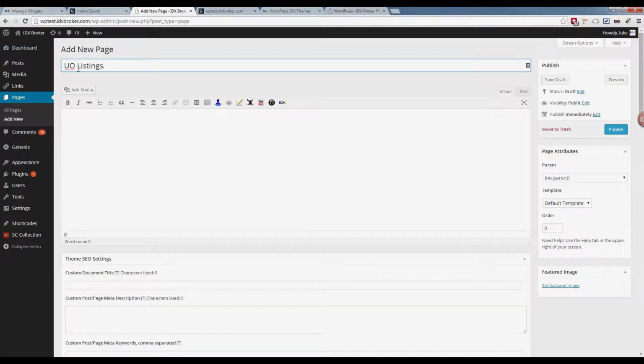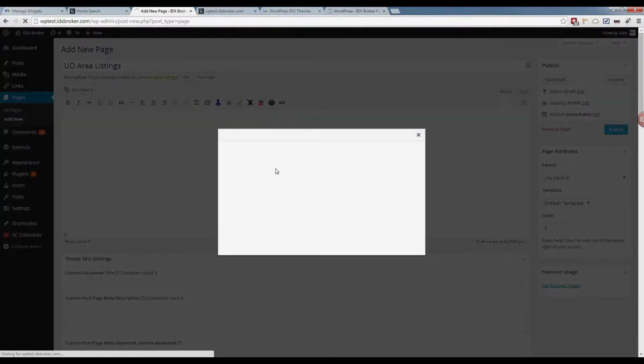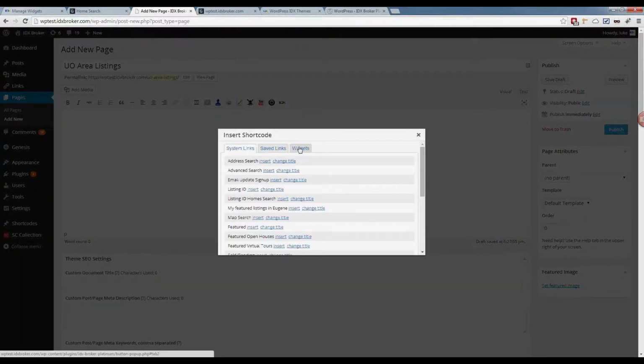U of O area listings or something. That's your page. Put in some content. You have your custom content in there. And then there's a little thing called a shortcode here. And as you can see, that creates a page on your blog or your website. And then with that page, you can add a shortcode that goes directly to your saved